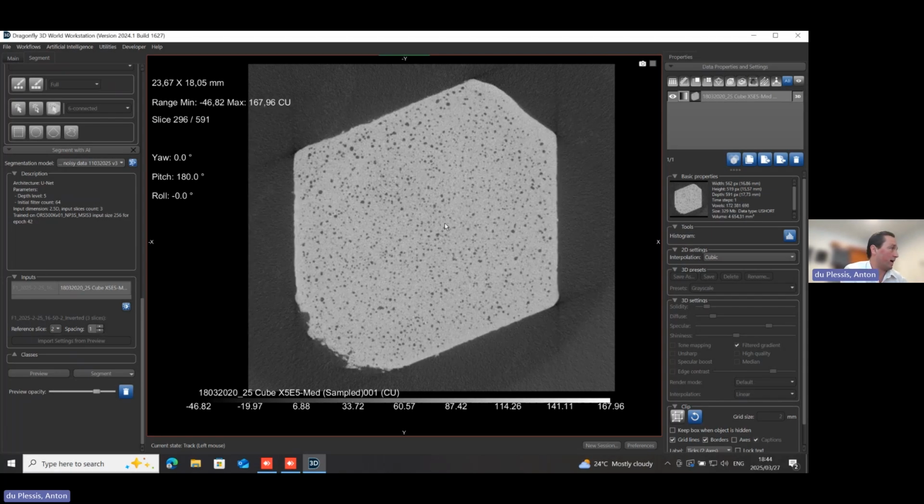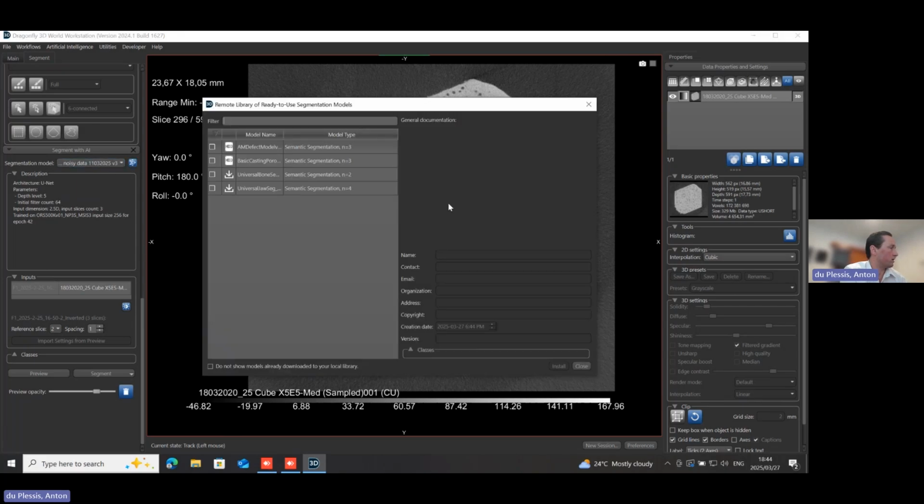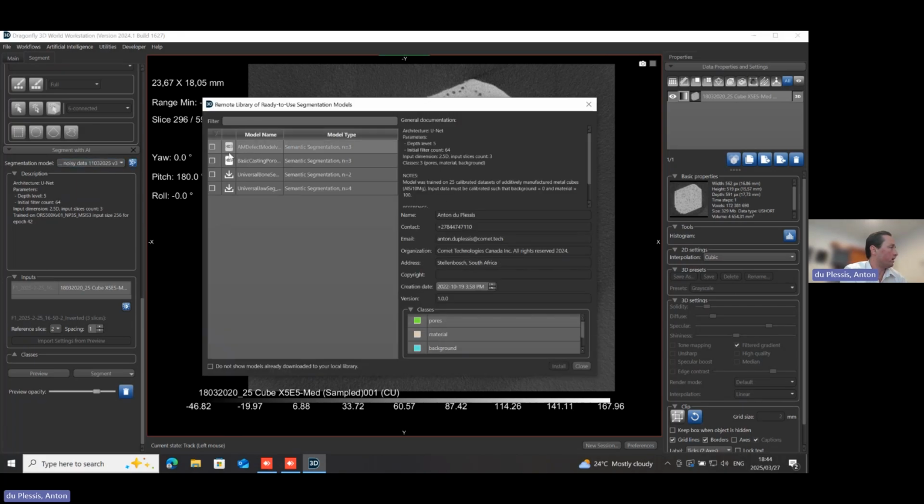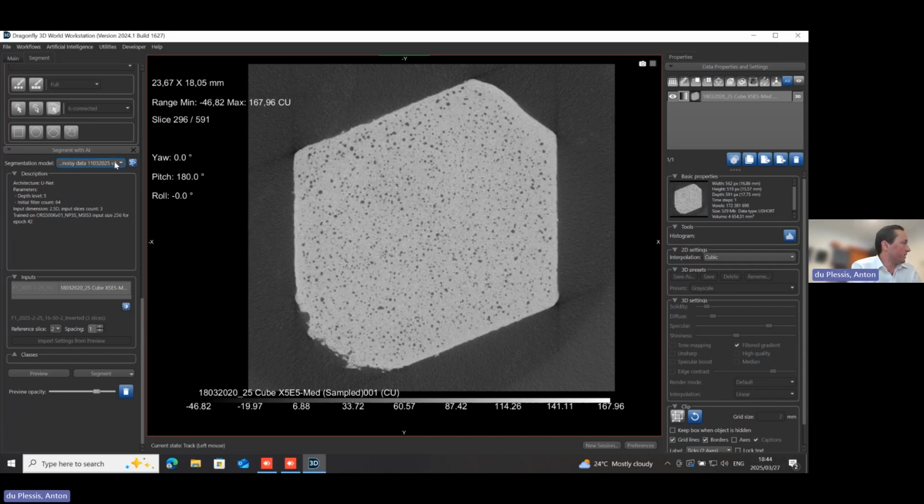That's exactly what we have here, and we want to use that. Let me just demonstrate what you would do. I've already loaded this into my system, but in your case, you would tick the box and install that model into your system. What is then possible once you've done that is you can select this model from your list of models, like the AM defect model here.